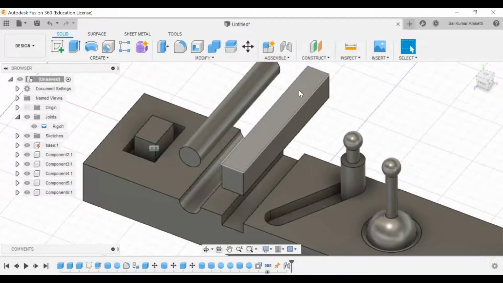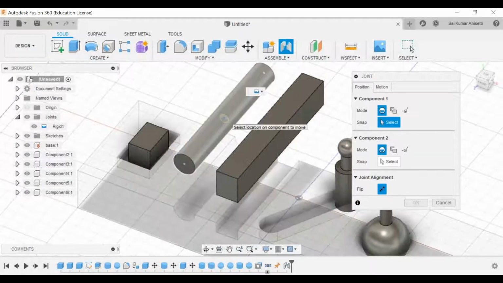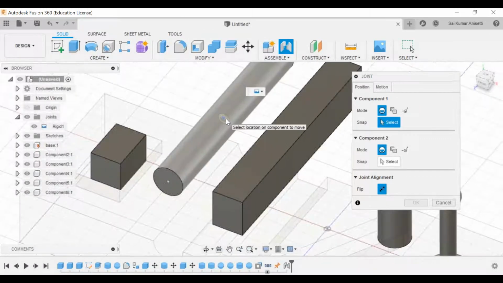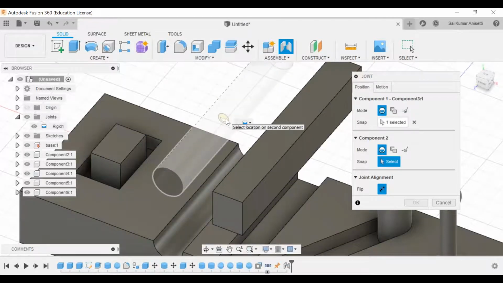Now again, press J, or else you can go to assembly and create your joint. And on which face do I need to get that particular revolute joint? Generally, revolution is done depending on your center point or a center axis. It says select a location or component to move. This one I need to go.